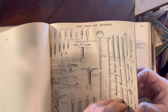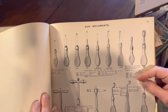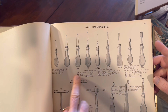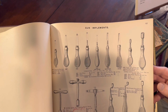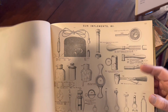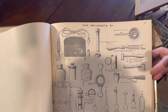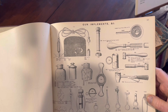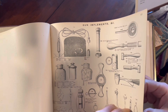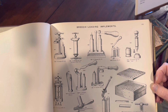Further implements. I'm going to try and move through these quite quickly because there's an awful lot to see. You've got turn screws, keys, powder and shot measures, oil bottles, cartridge extractors, breech loading implements,